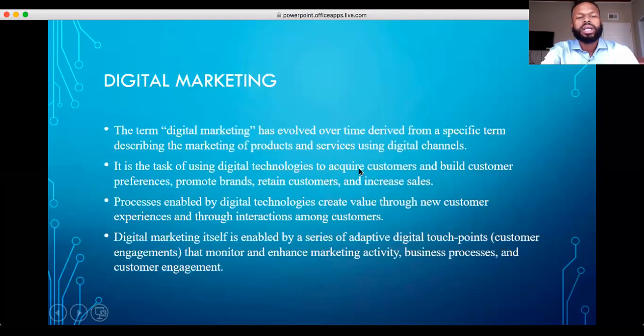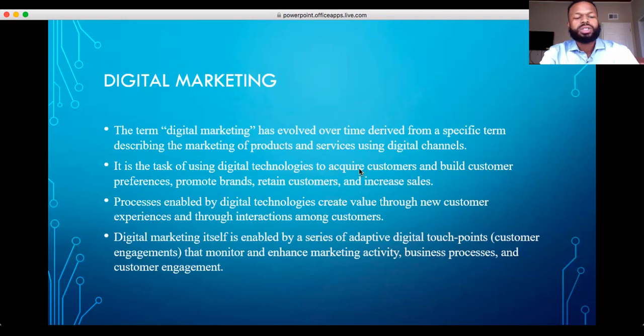The term digital marketing has evolved over time. It derived from a specific term describing marketing of products and services using digital channels. Basically, digital marketing is the task of using different digital technologies to acquire customers and build customer preferences. This also involves promotion, things of that nature.